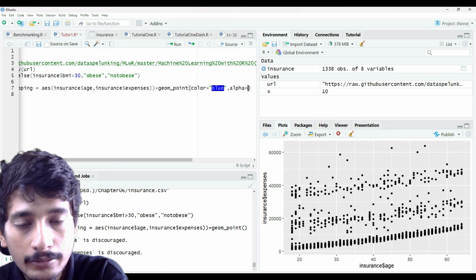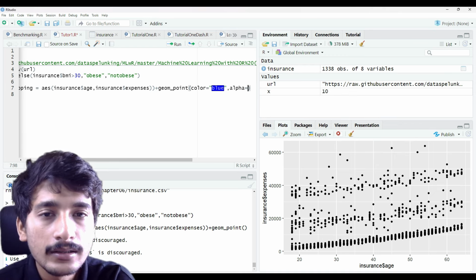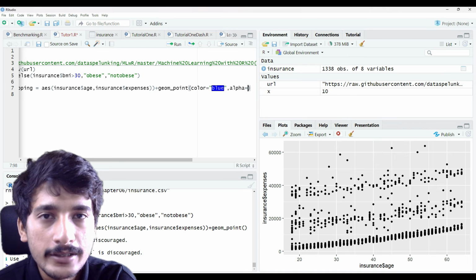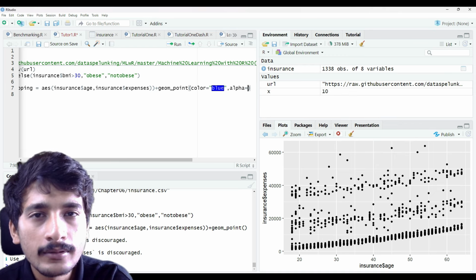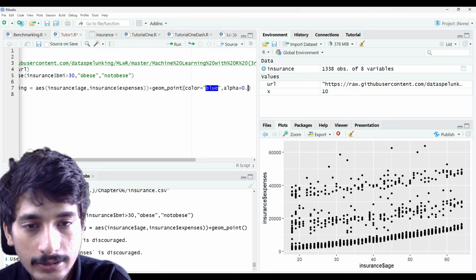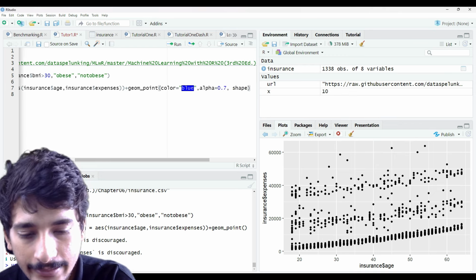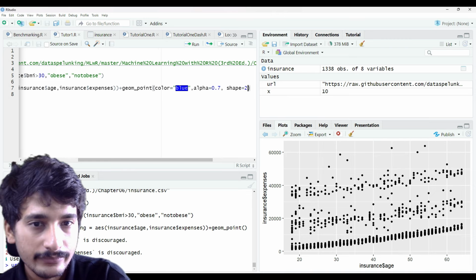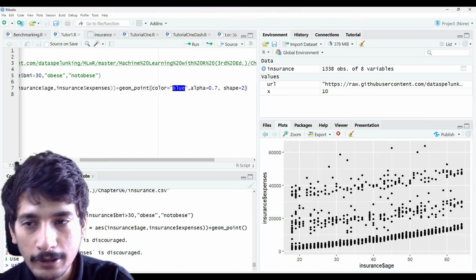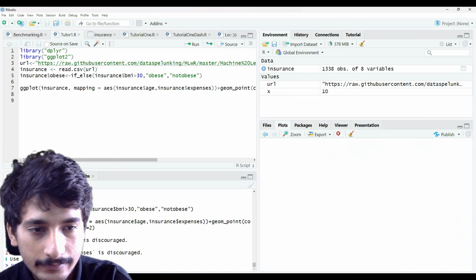Basically, if you make it less, it will be transparent. If you make it 1, it will be much more like a solid color. So its values range from 0 to 1. So 0.7, let's say. And shape takes an integer value. So let us define an integer which is a multiple of 2. Let us save, control shift enter,